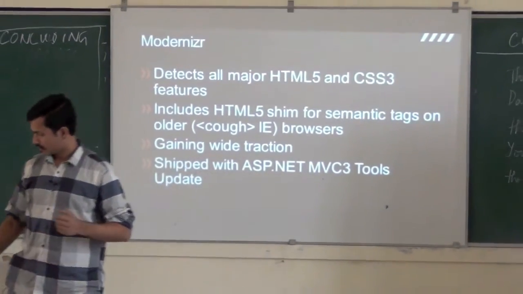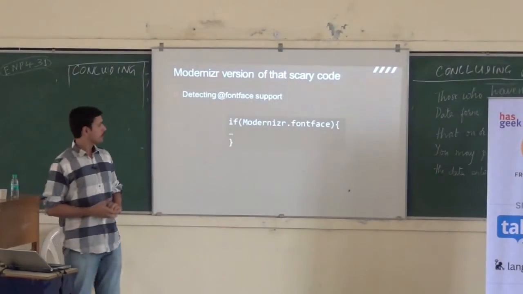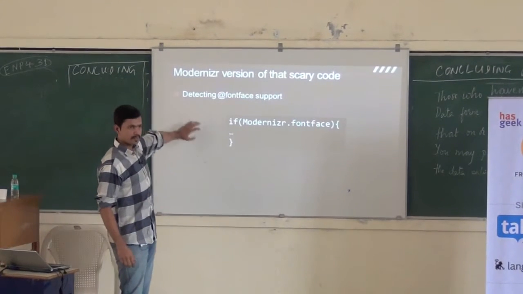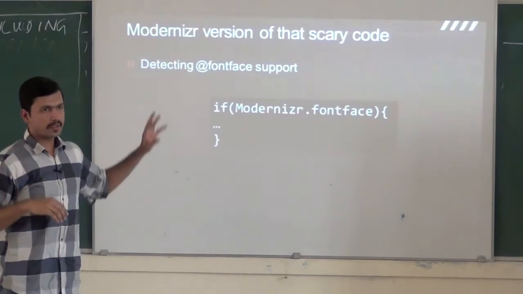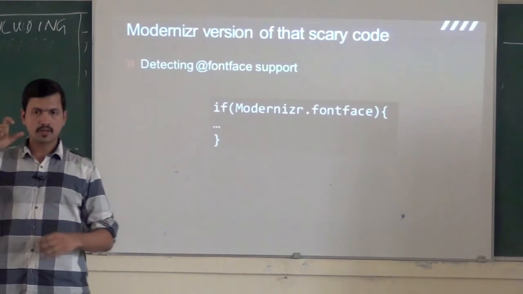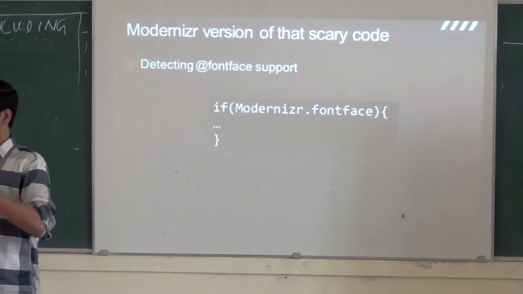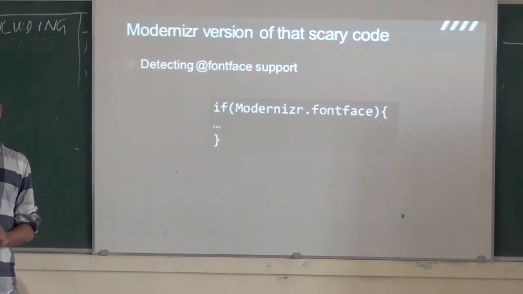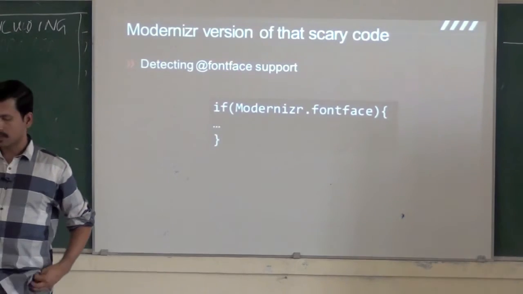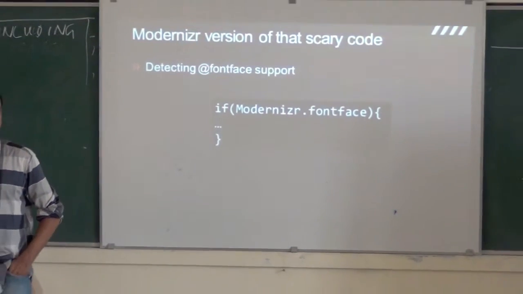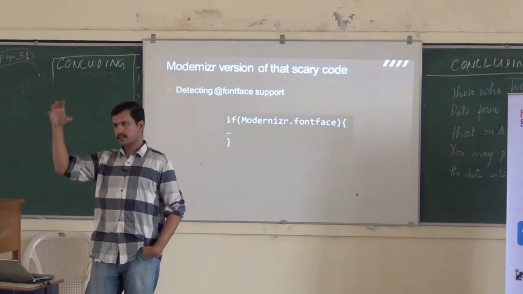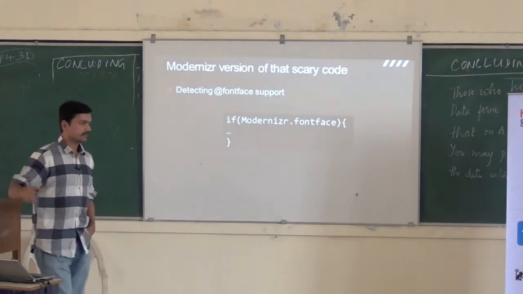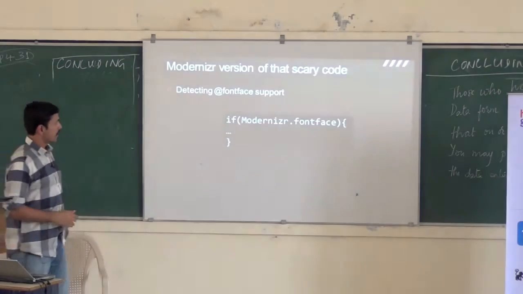So let me show what that code looks like. That big piece of code that you saw there, that's what it looks like when you're using Modernizr. You just include a script src at the top of your HTML, and then you get to write code like that. There is a global object called Modernizr that you introduce into your script, and then you're able to do Boolean checks like this for various kinds of properties. For example, I want to check if Canvas is supported. I say Modernizr.canvas, then I go to that. Otherwise, I do the alternate thing.